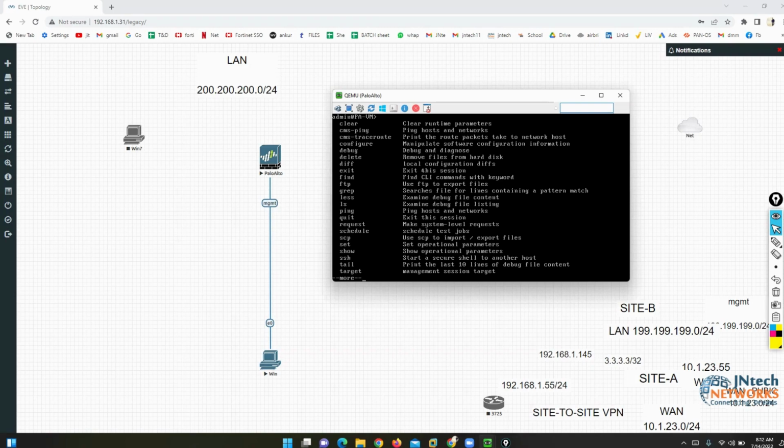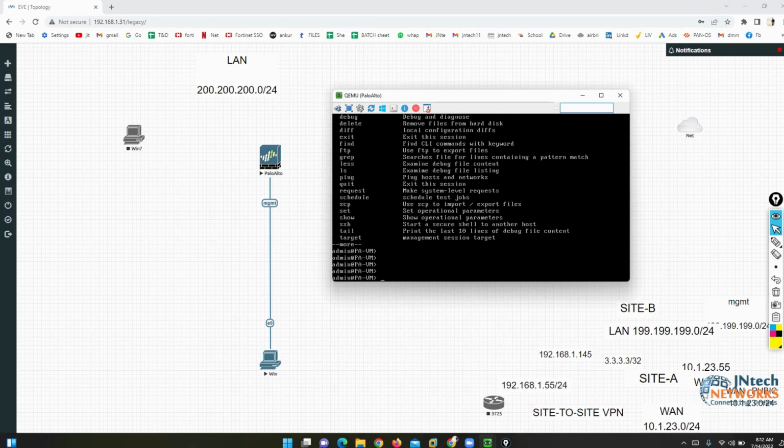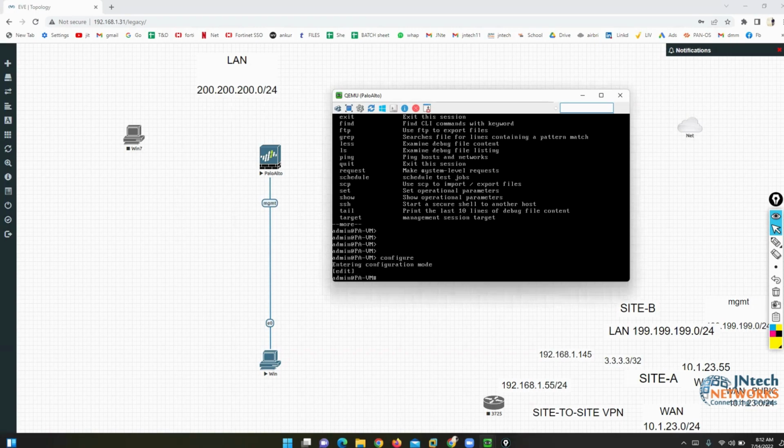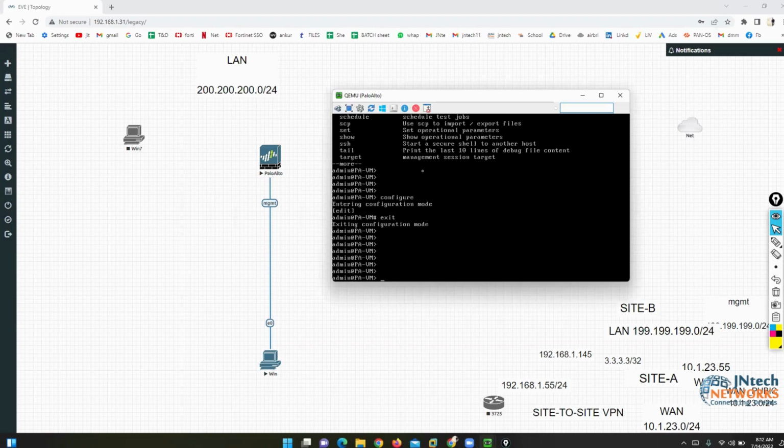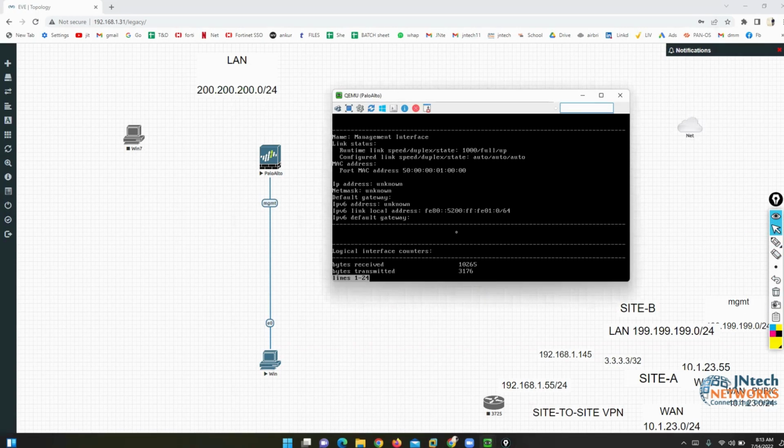In case you want to configure anything in Palo Alto, you need to go to the configuration mode. And if you want to see any kind of configuration, you need to go here, just like a user EXEC. So for example, first I'm going with the command show interface management. This command will give you the idea about the management interface. If you press enter, right now onto this management port there is no IP address, but